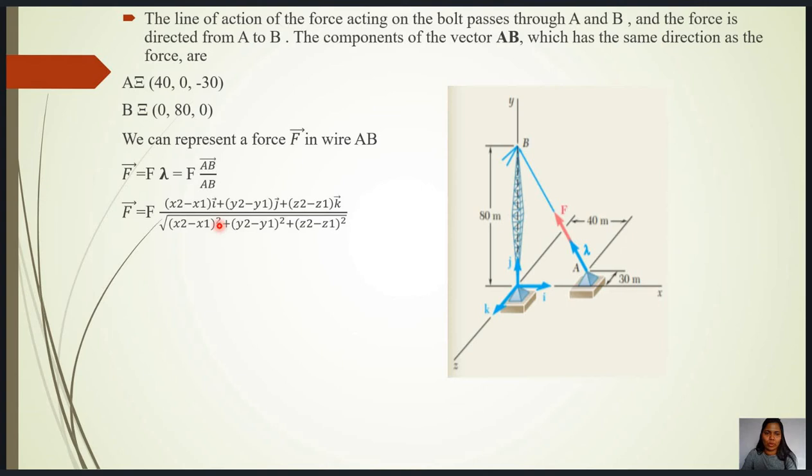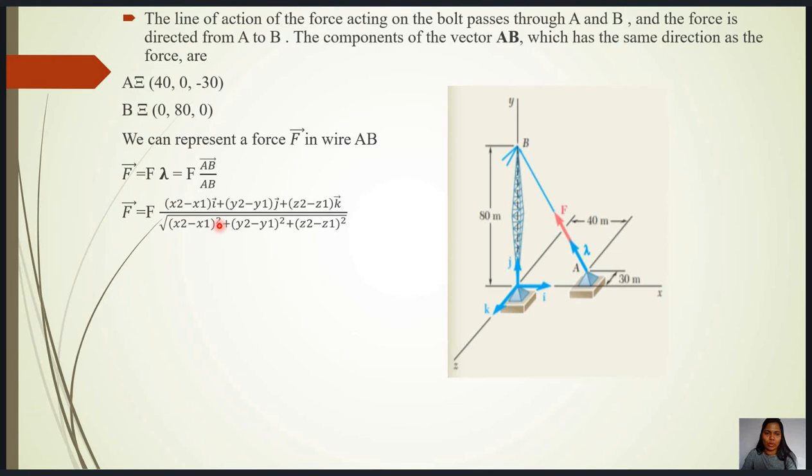This tower is held in this position with the help of these 3 cables AB, AC and AD. Tension in all these cables or wires is already given to you, which is AB is 2000 Newton, AD is 1400 Newton and AC is 1600 Newton. So let us solve this numerical. Before solving the numerical, you must draw its free body diagram. So let us draw the free body diagram. This is the free body diagram where the force directions are given and the xyz axes are given. This is the x axis, this is the y axis, and this is the z axis. So i, j, k are the unit vectors in those directions.